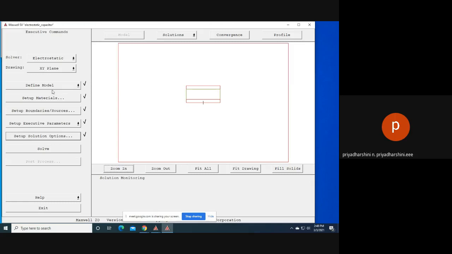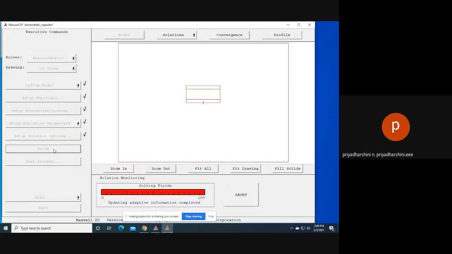Whatever software you use, ANSYS, ANSOFT, Magnet, all these softwares work on the basics of finite element analysis. So the window may vary, but the step by step process will be the same in all the finite element softwares. Okay. So after finishing all this, now I am solving this one.